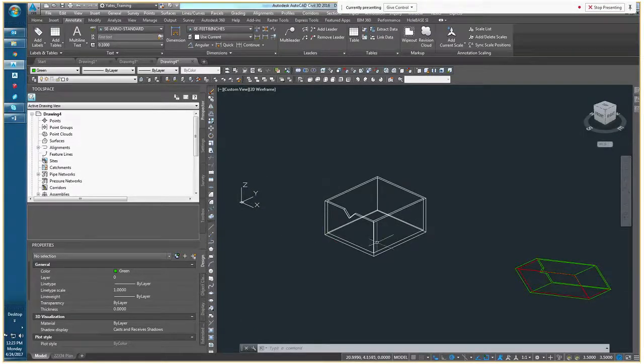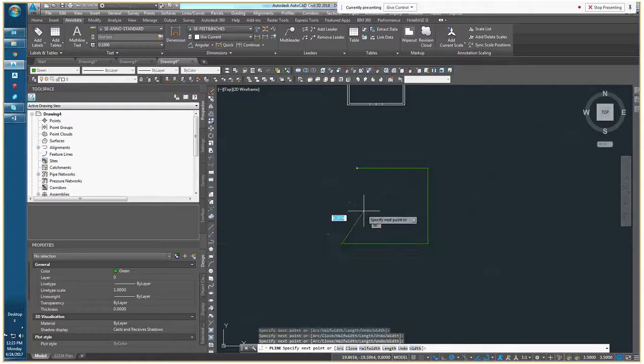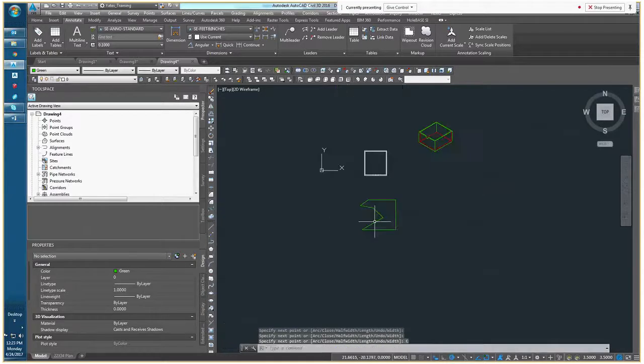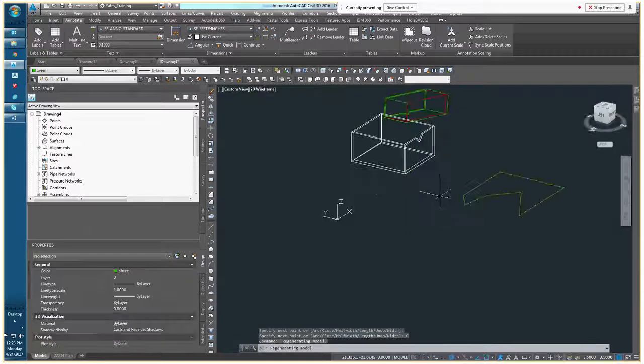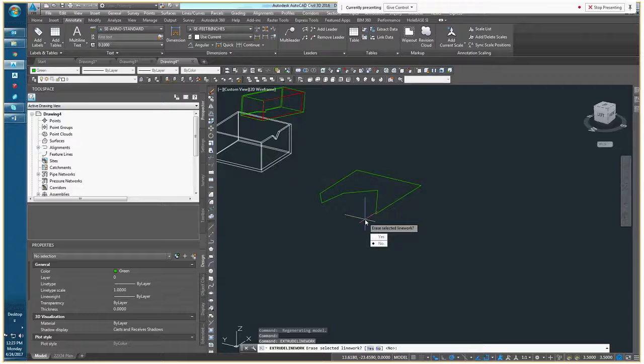Courtney had asked me specifically to cover this sort of thing, 3D drafting. Just remember that any 3D closed polyline can be converted into a 3D solid or a massing element. The command for directly creating a massing element is very similar to creating a 3D solid. Just as a refresher, we selected the line work and then typed in extrude to create a 3D solid. If we want to natively create a massing element, we would choose this next command in the list called extrude line work. When that's selected, it asks us if we'd like to erase the selected line work,